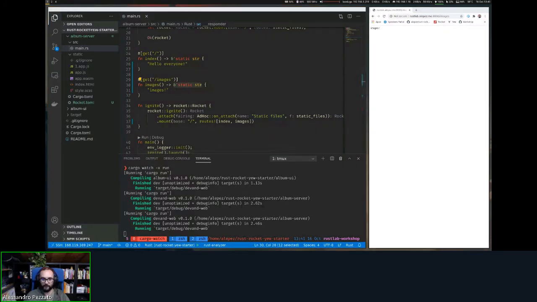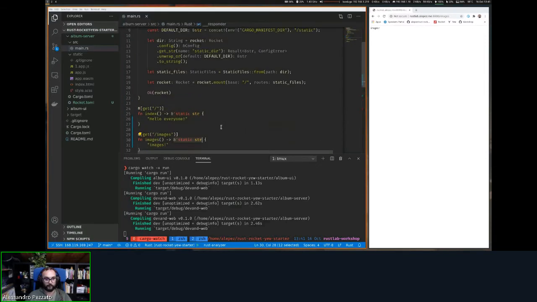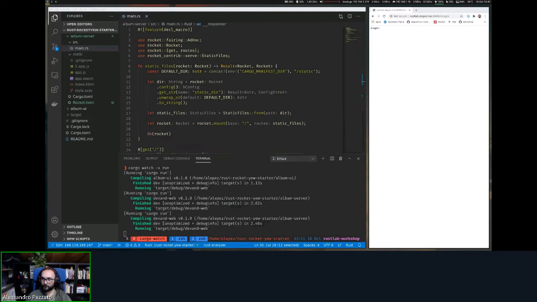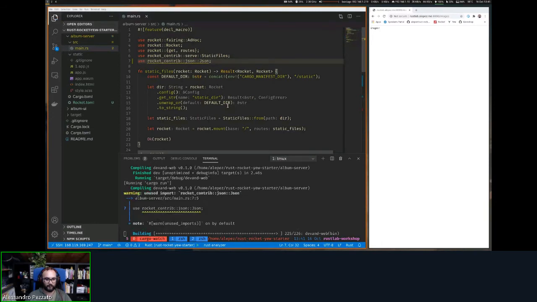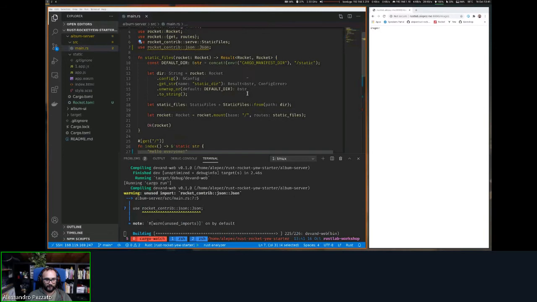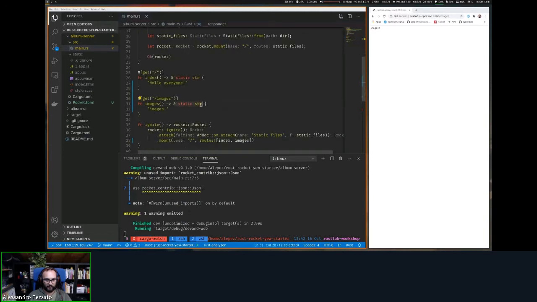So there is already bundled with Rocket a structure in Rocket contrib. So I will just add Rocket contrib here, JSON. Structure called JSON that automatically generates a JSON